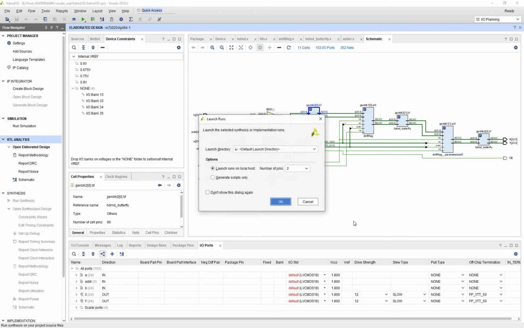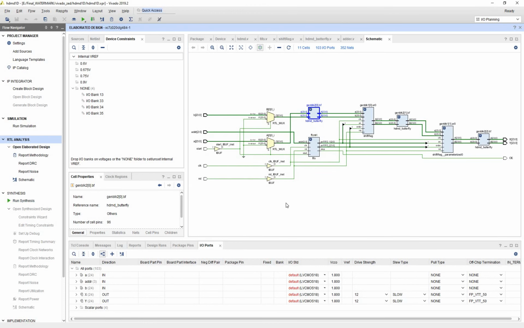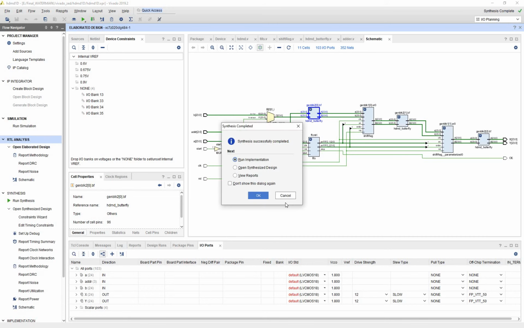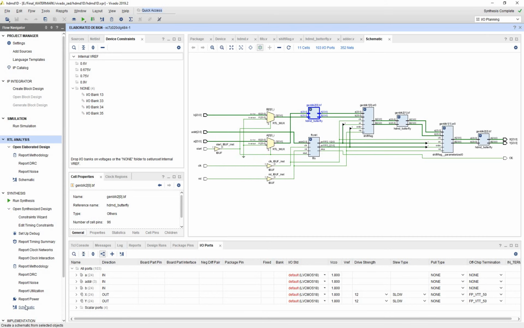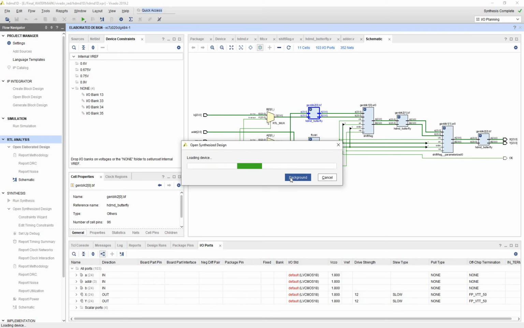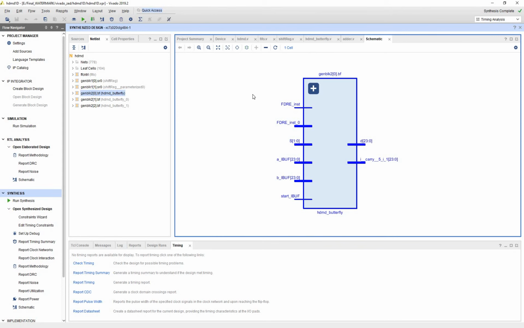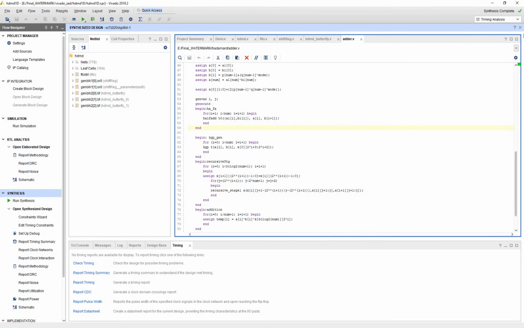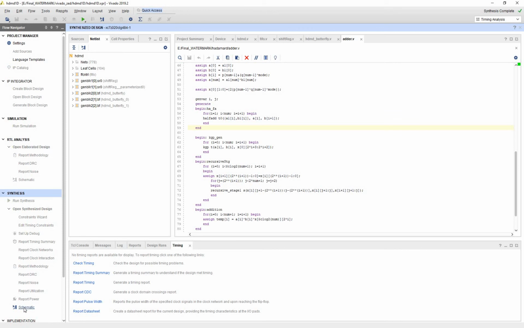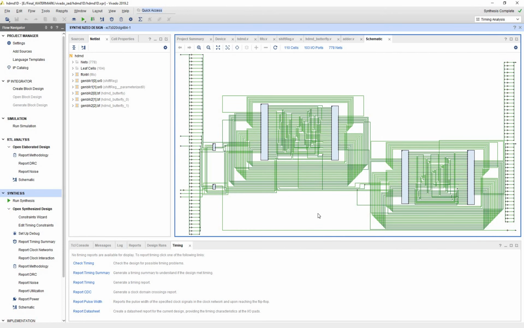We'll go for the synthesis. The synthesis has completed, we'll look at the synthesized schematic. So this is the complete synthesized schematic, and we'll check the post synthesis simulation also.